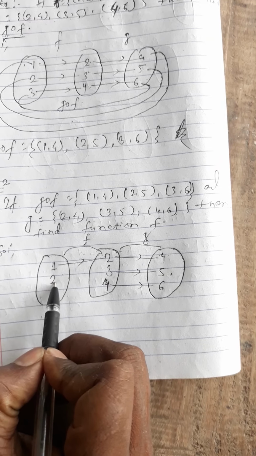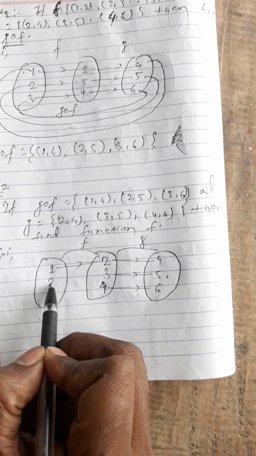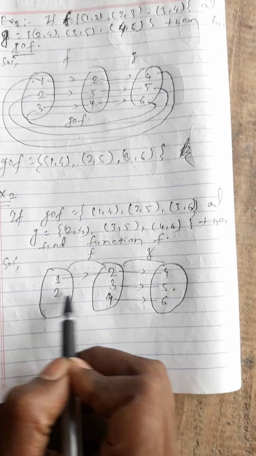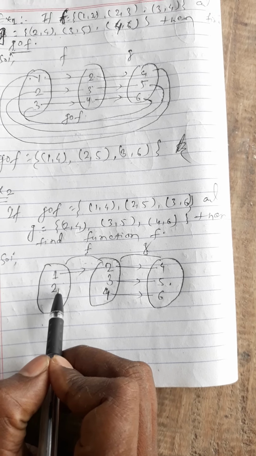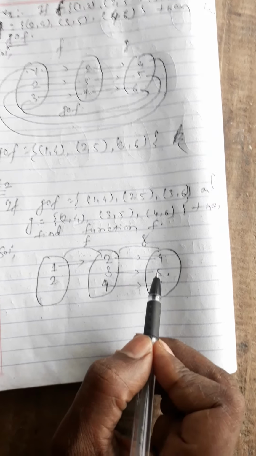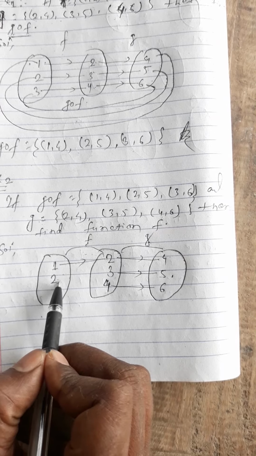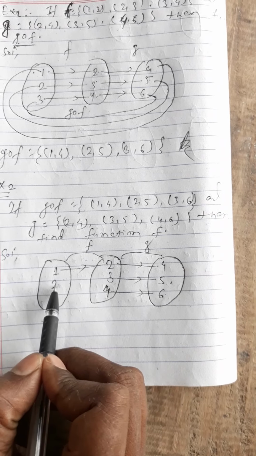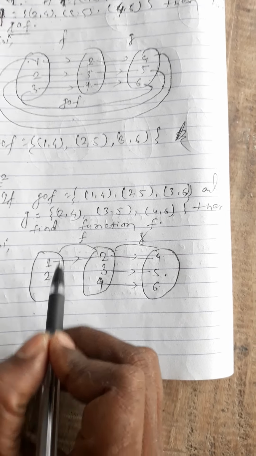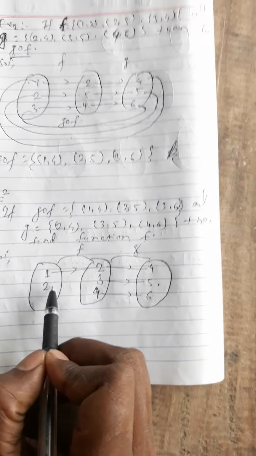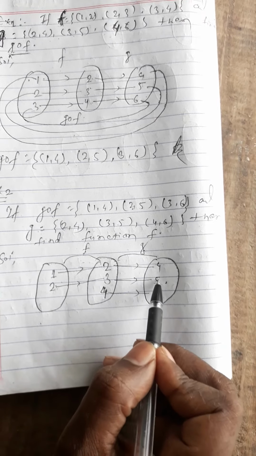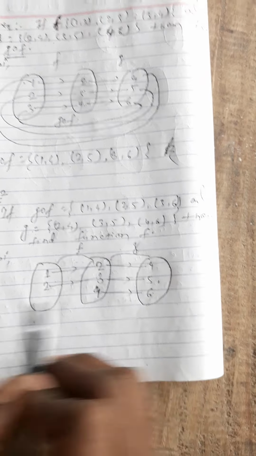Okay, and here is another 2 comma 5. If the function f has the element 2, then this 2 must be mapping indirectly to 5. It means 2 should be mapping to 3. If you map this 2 to 4, then is 2 mapping to 6? Is 2 mapping to 5? Not at all. If you map 2 to 4, then 4 is mapping to 6, so 2 would be mapping to 6. So you don't use this, because here it is given that 2 is mapping to 5. So you have to use 2 directly mapping to 3 and 3 directly mapping to 5. That's why 2 is mapping to 5.